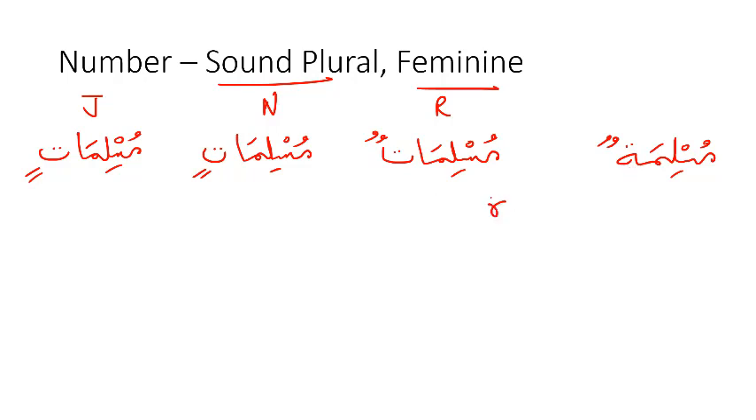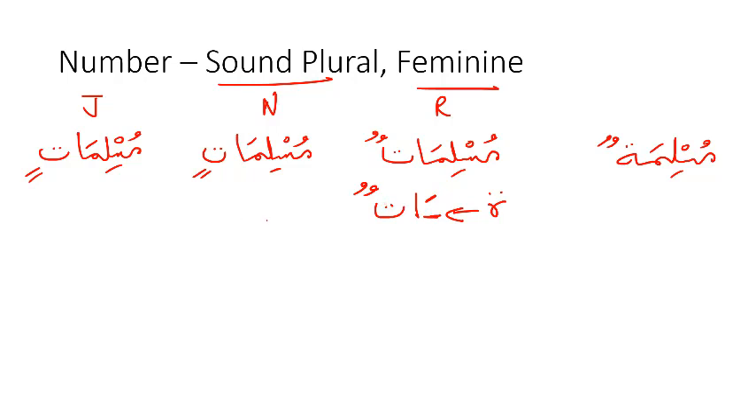So notice this ta marbuta is removed, and in Rafa form the ta marbuta is converted to an alif and a ta with a double dhamma. And whatever letter we have before the ta marbuta, so in this case we have a mim, that letter before the ta marbuta gets a fatha. So Muslimatun becomes